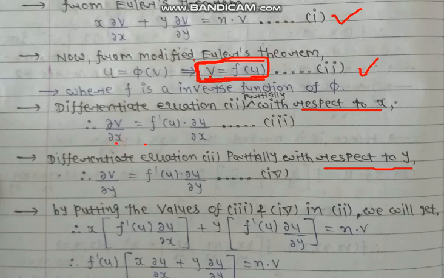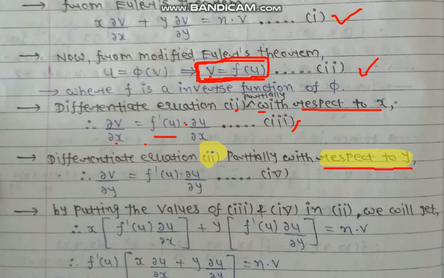Del v upon del x, differentiating equation 2 partially with respect to x, so remaining other variables will be your constant. So now therefore del v upon del x is equal to f prime u into, u is a function of xy, so I can say that del u upon del x, that is chain rule. So give it name equation number 3. Equation number 3. Now again equation 2, I take the partial derivative with respect to y, so